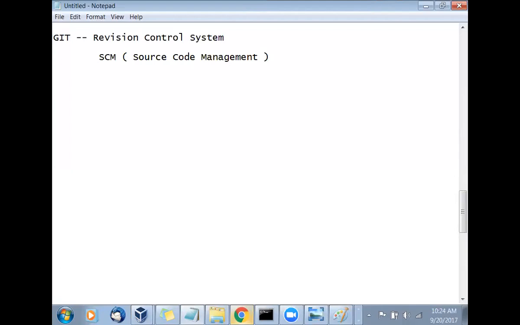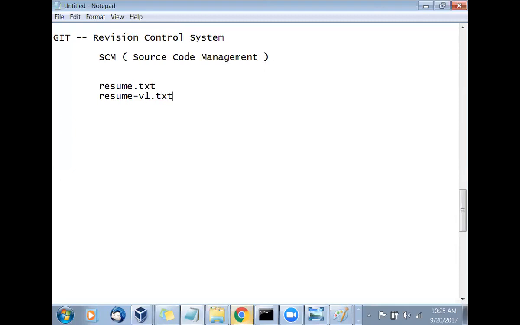So what is Git and what is a revision? Revision means file versions. Let's say, for example, you are preparing your resume.doc or resume.txt. You created that. Now you send your resume to your friends and members. Now somebody suggested, hey, you need to make some modifications in your resume. So what will you do? You will create another copy, resume1.txt. That means you make a copy, update the copy, and then send it.